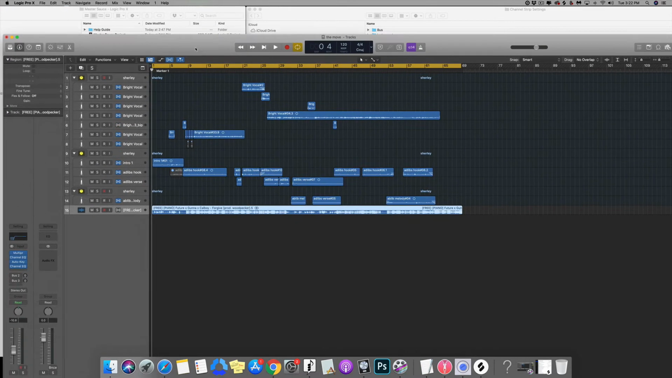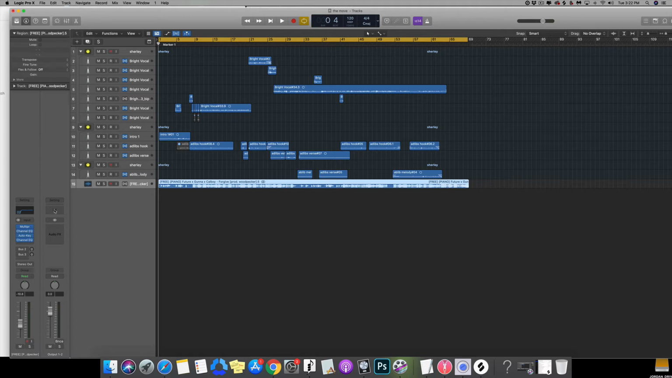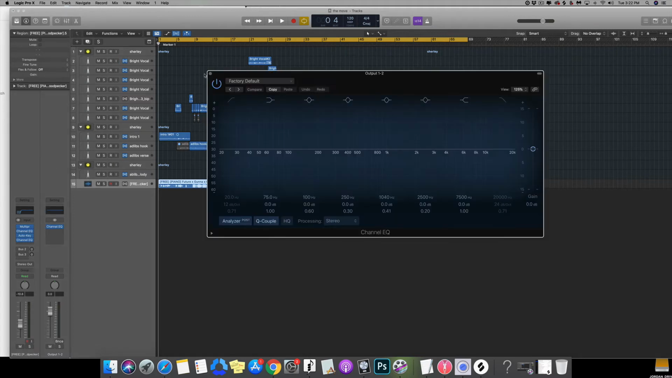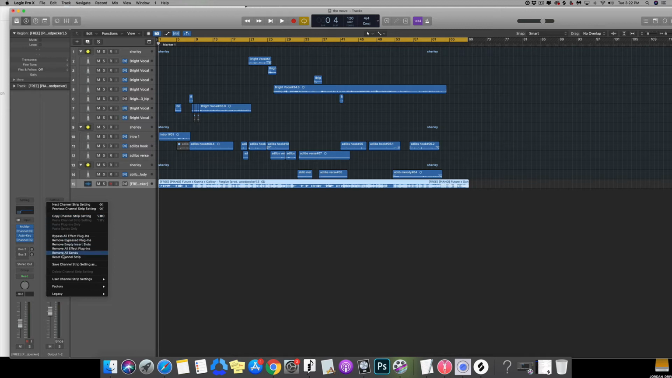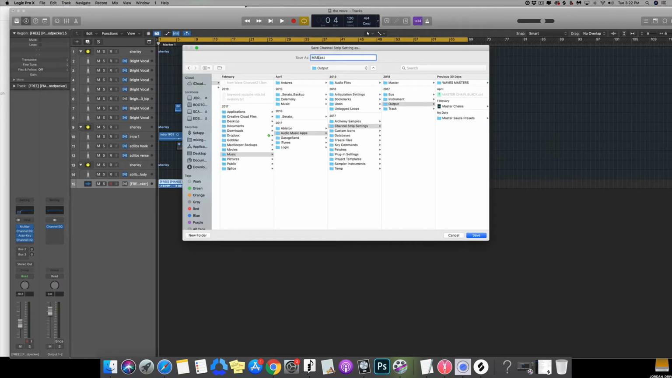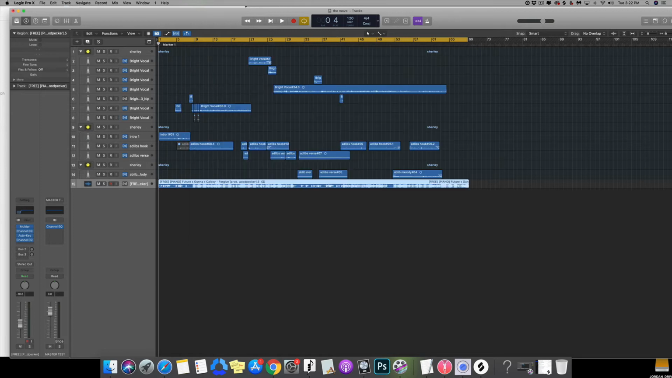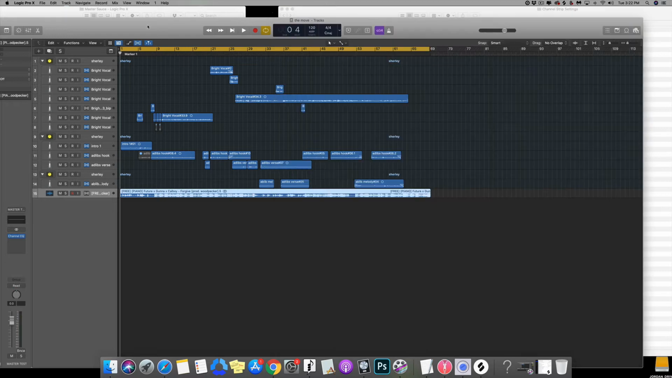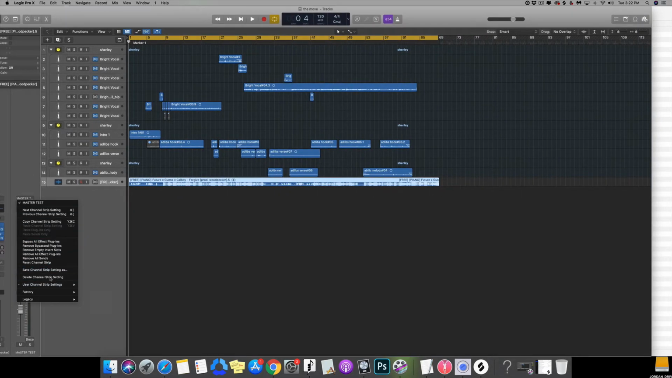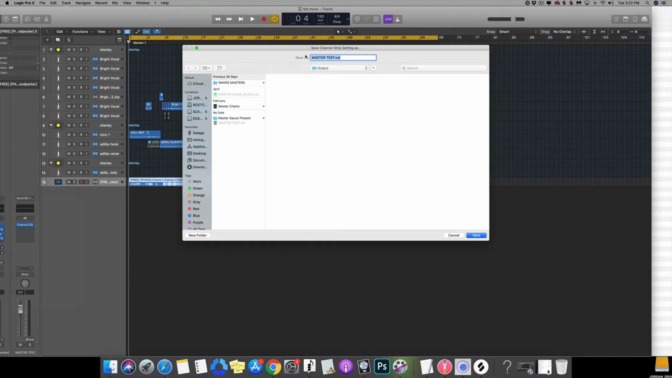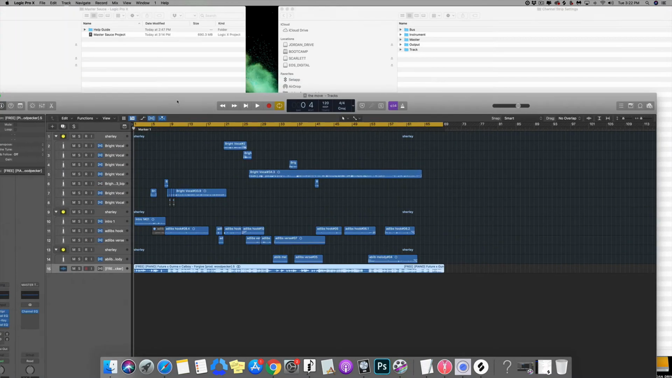Actually, I'll do it right now. If you don't have that output folder, all you're going to do is hit EQ on this output track, and then hit the setting button, then hit Save Channel Strip As, and we're going to name it master test. Okay, what that's going to do is create the folder for you. So now you're going to have the folder, and if you still don't see it, just go to Save Channel Strip Setting As, and it's going to make this folder. Okay, so now that you have the folder,